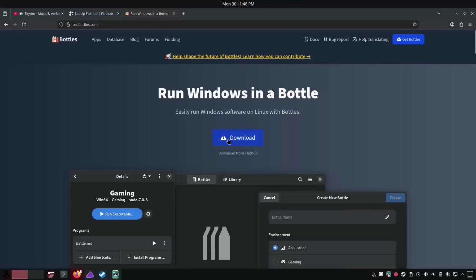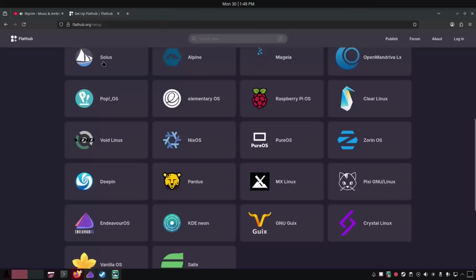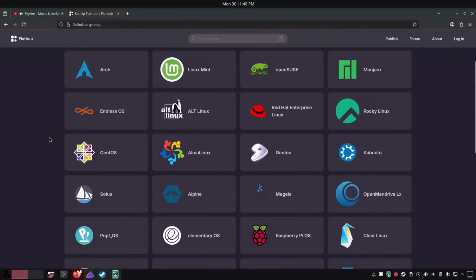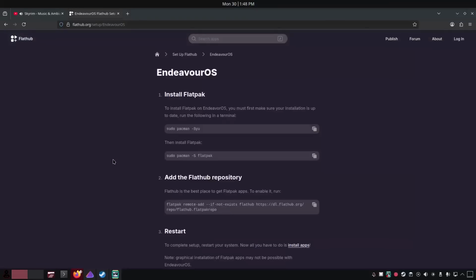So in the Bottles webpage, if we click download, it offers us either a Snap or the image, but it's not available, or the Flatpak, and it says here it's the recommended way to install it. Well, I'll explain to you why. So if you have Endeavor OS like me, you can install it this way: sudo pacman -Syu